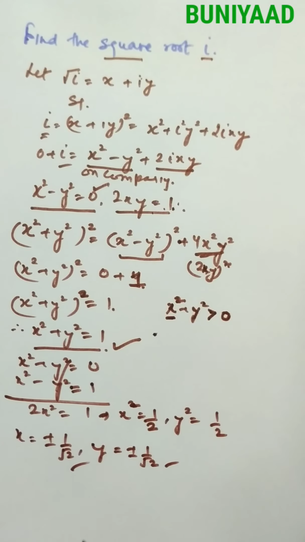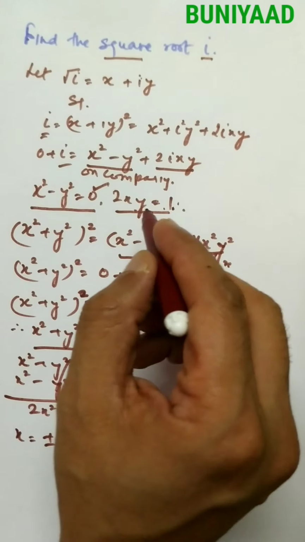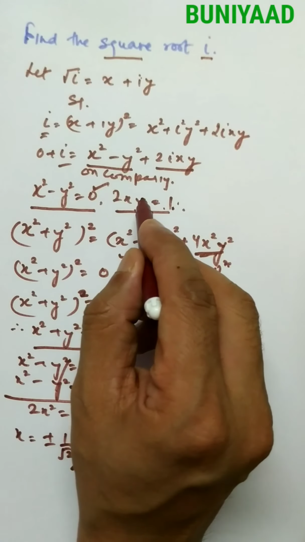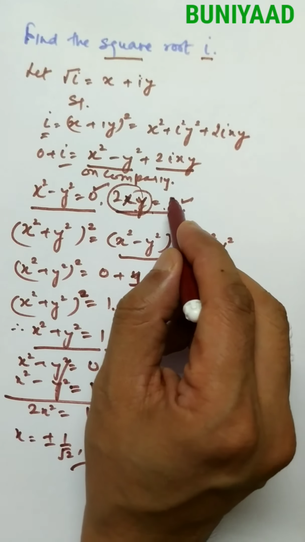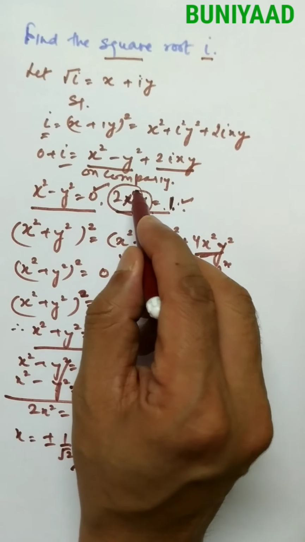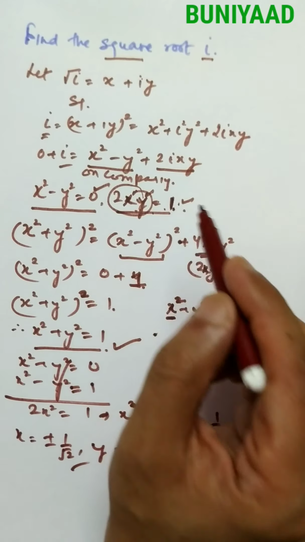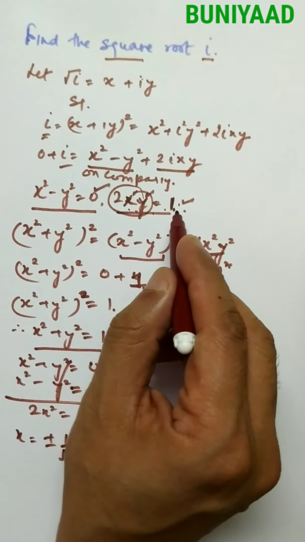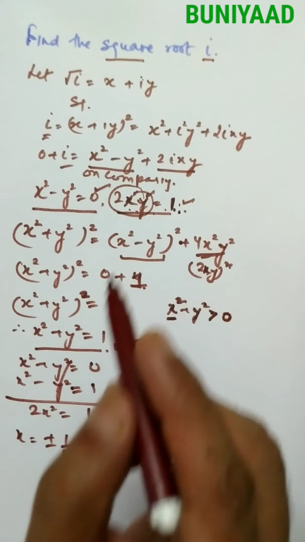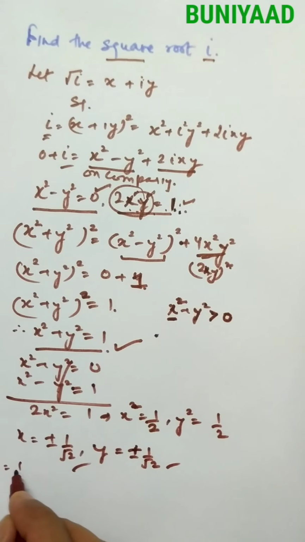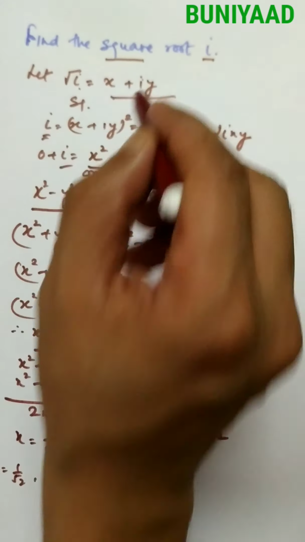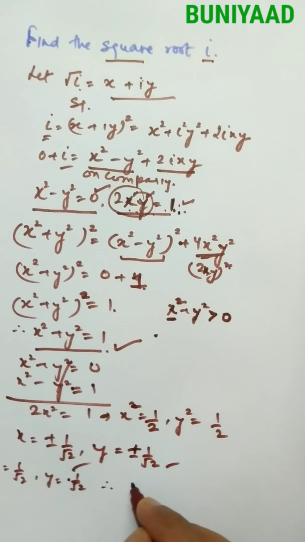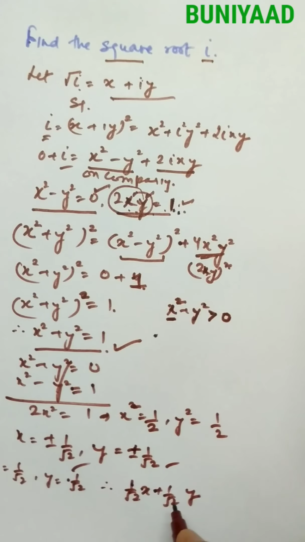Right, these two values of x are there, but we have 2xy is 1. It's positive here. It means either both x and y will be positive, or both will be negative. Then only this is positive. Right. So it means if we take x as 1 by root 2, then we will take y as 1 by root 2. In that case, the square root of iota will be